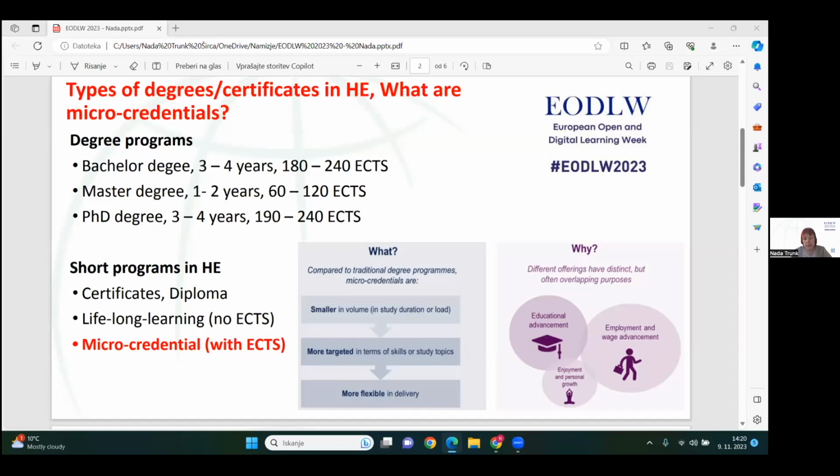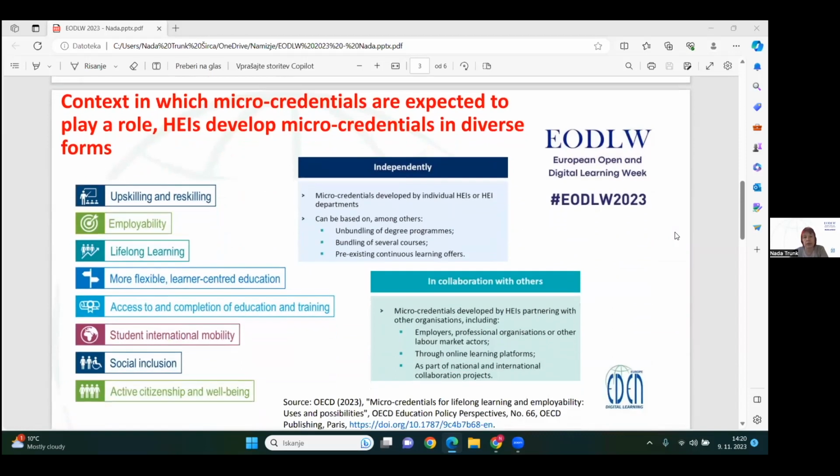And the topic of our project is about teaching and teacher education. You learned a lot of open education resources, but those who were educated as teachers 20 years ago, for example, didn't get any of this knowledge. And we are teaching the teachers of the future. So the micro-credential as a regulated system is at the beginning.